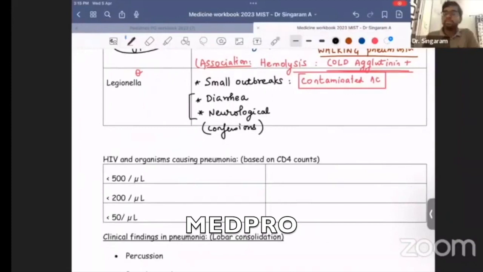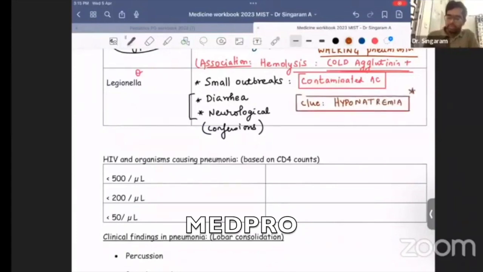And when you do the lab investigation, a very, very important clue is that they have hyponatremia. Don't forget this. This is something which is very, very important. I'm not going into the details of why hyponatremia, but it is something like this. What happens? Legionella is associated with something called